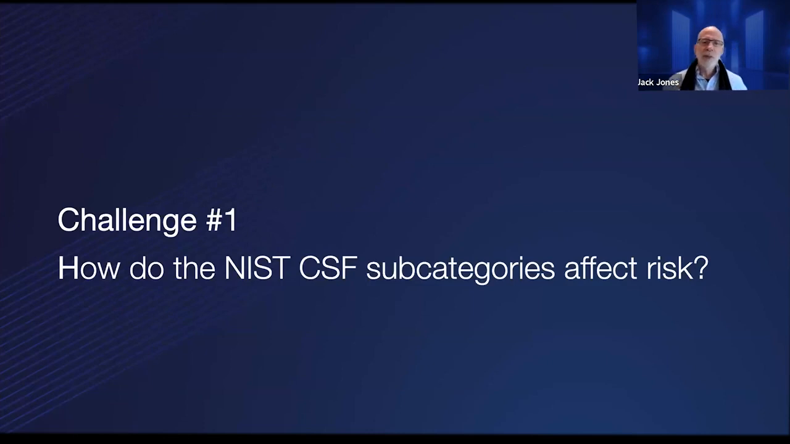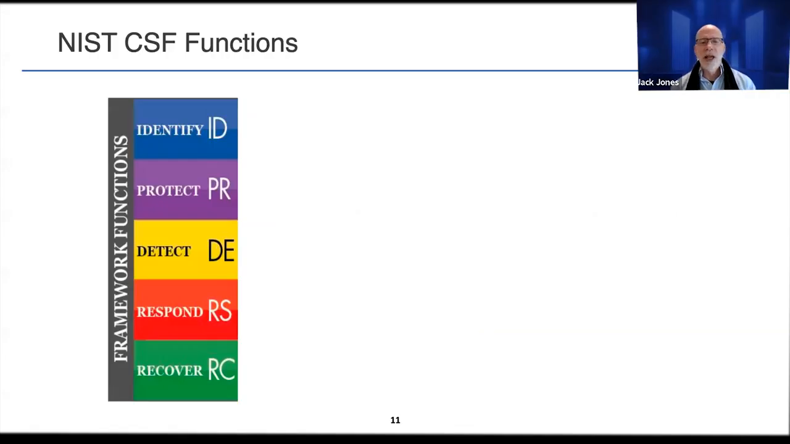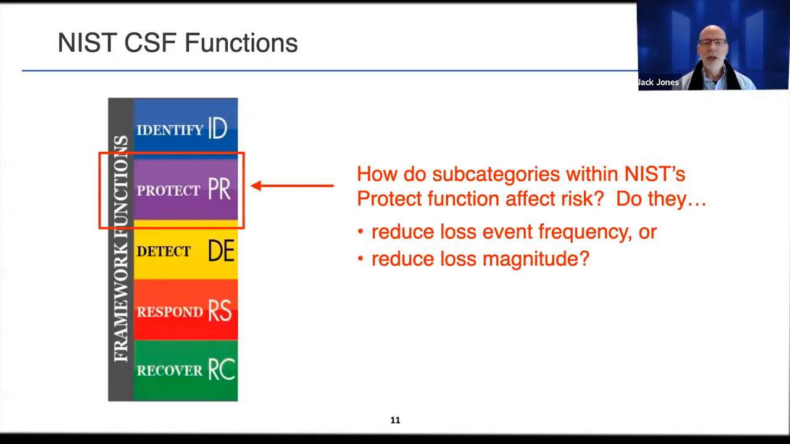So back to challenge number 1: how do NIST CSF subcategories affect risk? If I were to ask a question about, let's take this one, the protect subcategory, how does that affect the frequency or magnitude of loss? Which of those does it affect? I've had this conversation with people in the past, and the general perception is that protect affects the frequency of loss, right? And that would seem to make logical sense. We'll look a little more closely at this in a moment. But first,